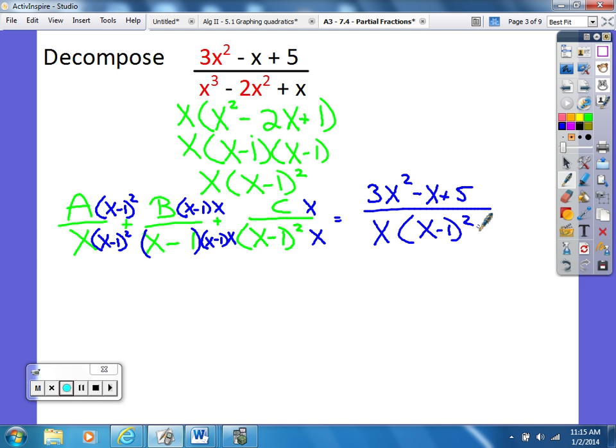So now that I have the denominators all the same, do I care about them anymore? No. So I'm going to rewrite my thing. A times x minus 1 squared plus c. I'm going to put x next and then x minus 1. Does it matter? Because I see some of you are raising your hands. It does not matter. You can write x minus 1 then x. That's fine. Plus c times what? C times x equals